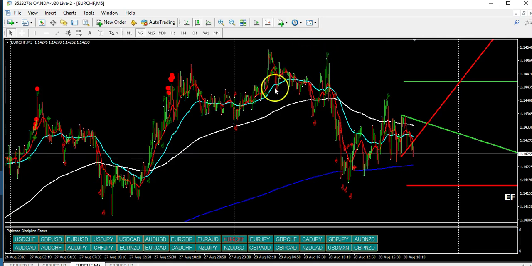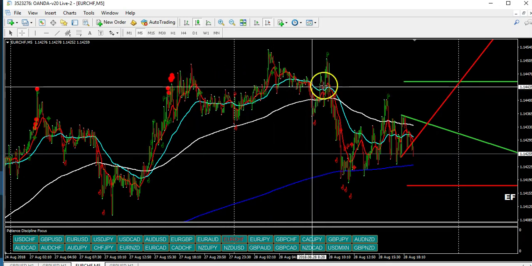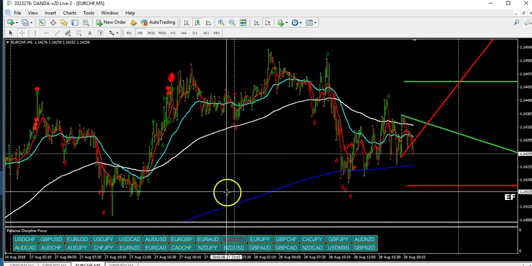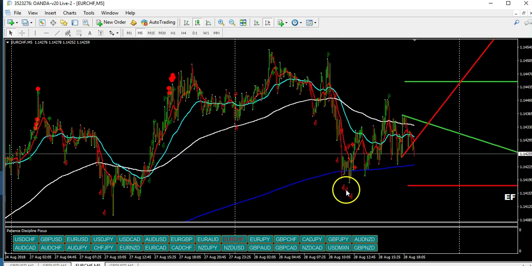We have a lot of ID50 bounces. This is your high exhaustion established. It's been really hitting off that level as a support, dropping down to the 800 on this one. Most of the time it dropped down on the 200 only. Right now it dropped directly down off of the 800. Nice safety entry. We do have a lot of ID50, 50-50 bounce returns back to the 50 and back to